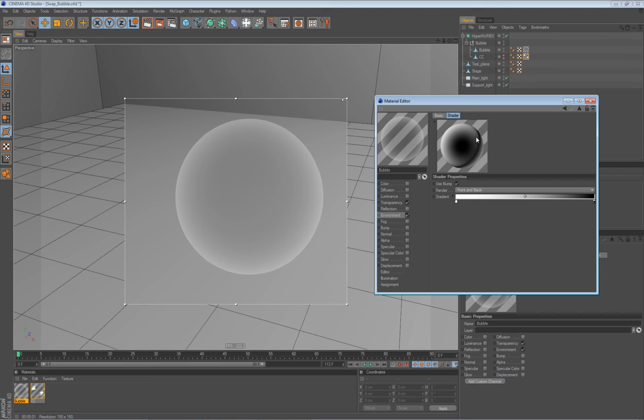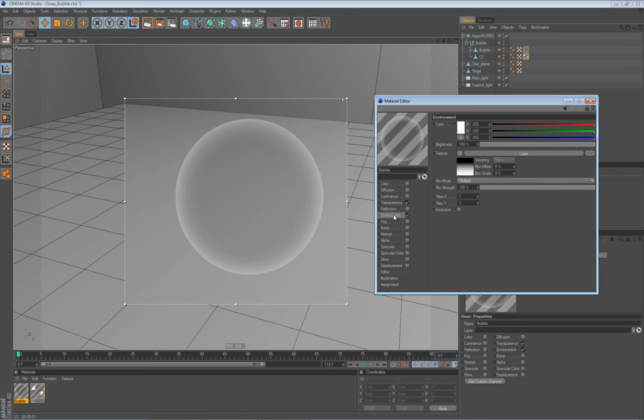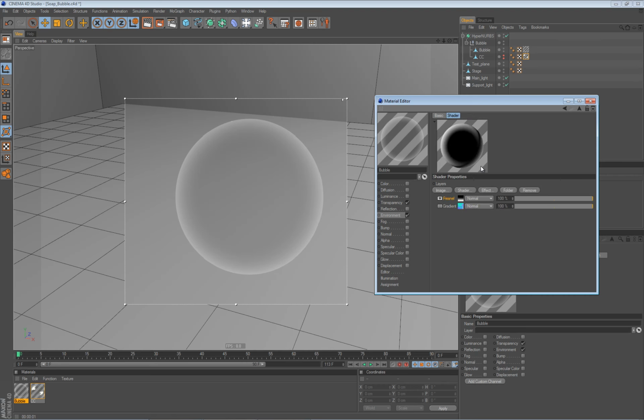I want to scale this black area, which means it will be like a transparent area for the bubble. I want to increase it just a bit, let's say somewhere around here, so it's a bit bigger. Okay? So you see this white part? I want these swirls just to appear here in this white part and gradually fade in as they go to a center. To do that, I just have to mix them, and to mix them I will enable them all,